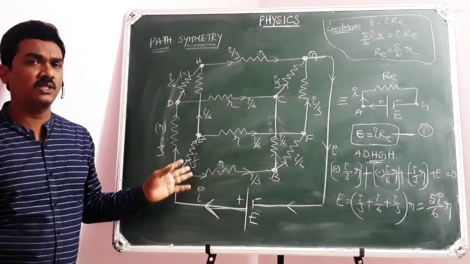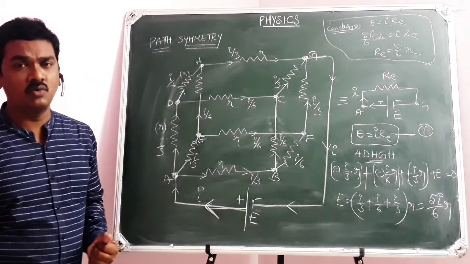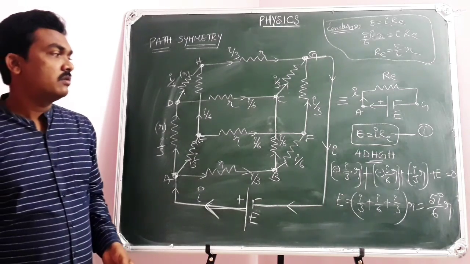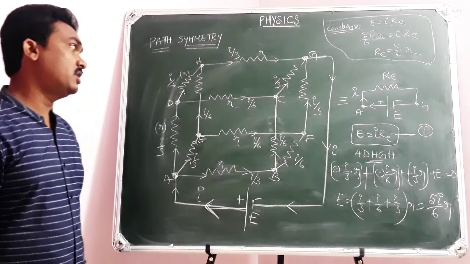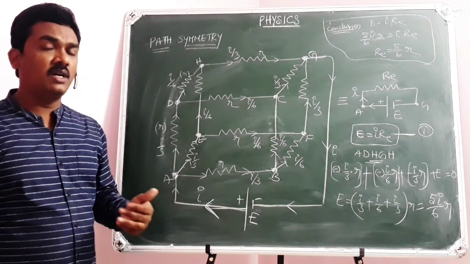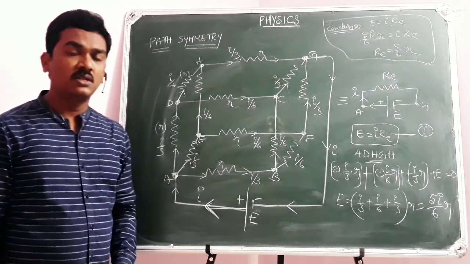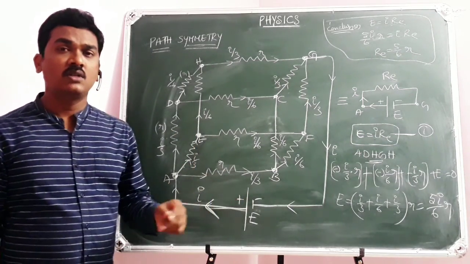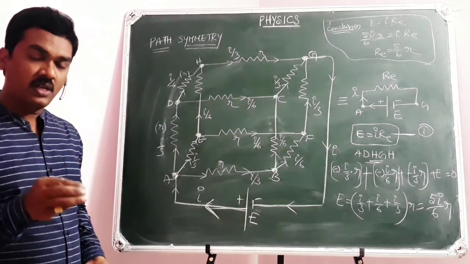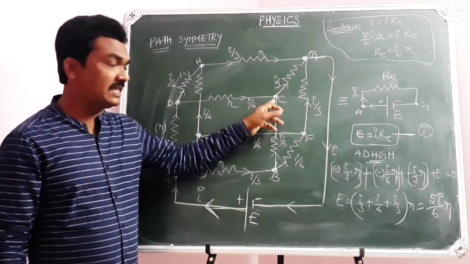Potential reference is common. Potential drop is common either across a resistor or across a capacitor. Across a resistor, V equal to IR. Across a capacitor, V equal to Q by C. That's it. So Kirchhoff laws are common. So this is how we can handle even the combination of capacitors. I told you something you will learn in current electricity about capacitor combinations. So if 12 identical resistors are connected along the sides of a cube, then what is the equivalent resistance across a body diagonal? In this way, you can calculate the equivalent resistance across the face diagonal AC.